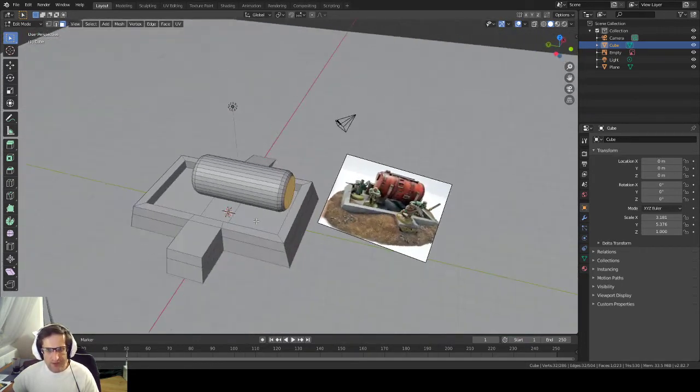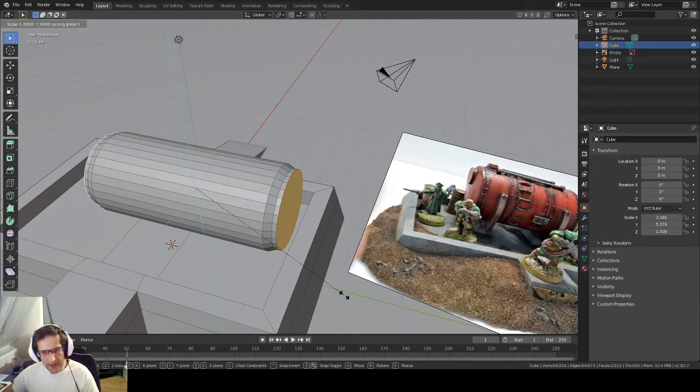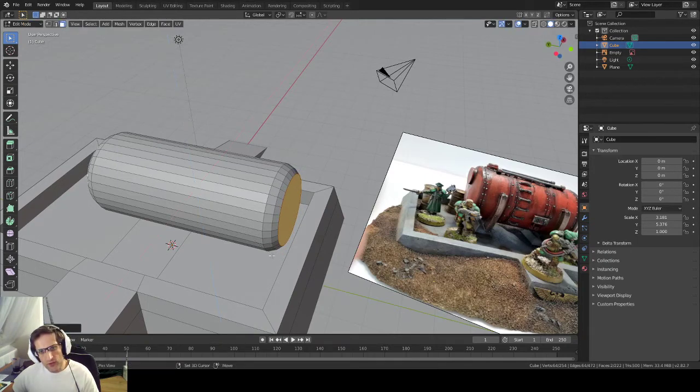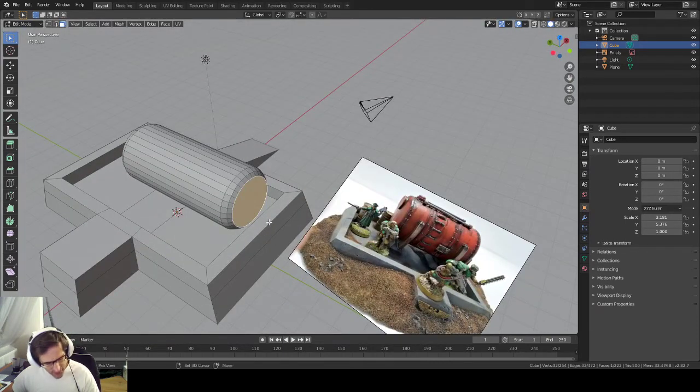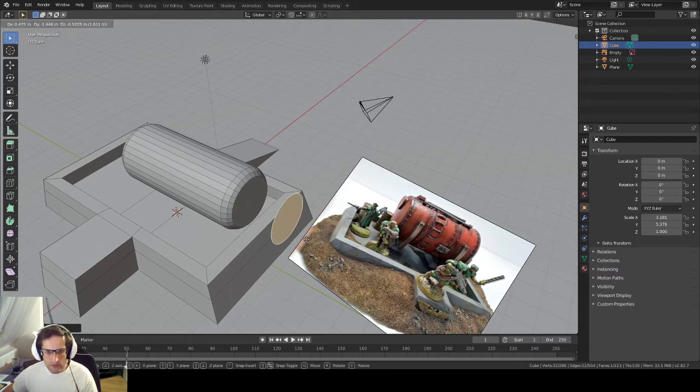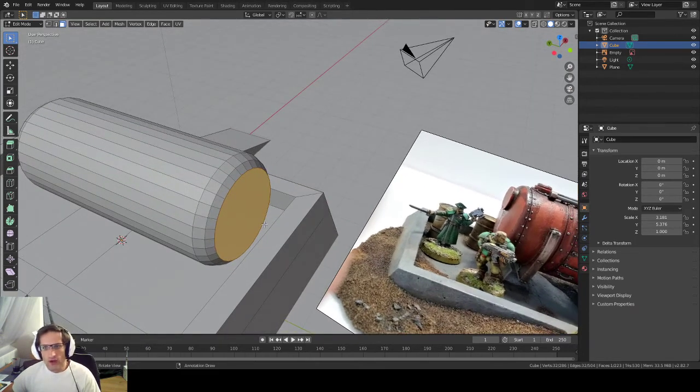Now let's just go back a couple of steps. Right, so we were here. I'm going to scale it on the Y axis so it goes in. We've got a rounded end. Now if I select this and hit Shift D to duplicate and hit enter, normally it's still attached, but it's not. You can hit Y to make sure it's not attached anyway. Now I can extrude it on the Y axis,